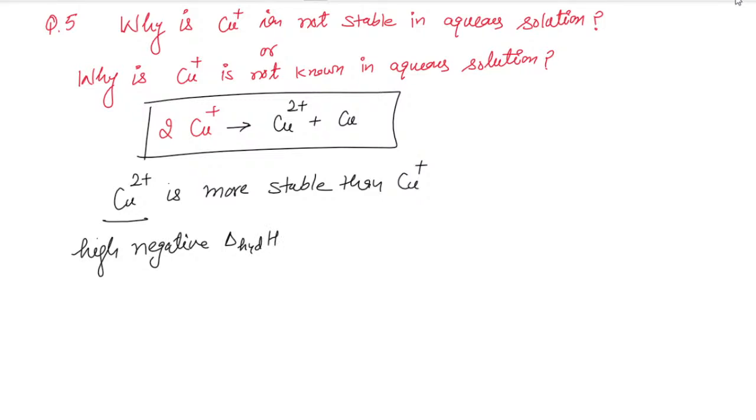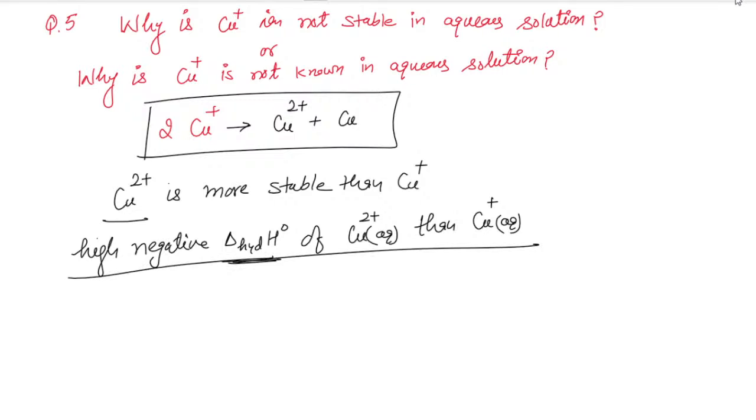High negative standard enthalpy of hydration of copper 2+ aqueous than copper 1+ aqueous. Okay, and because of this high negative standard enthalpy of hydration, which is more than the other,